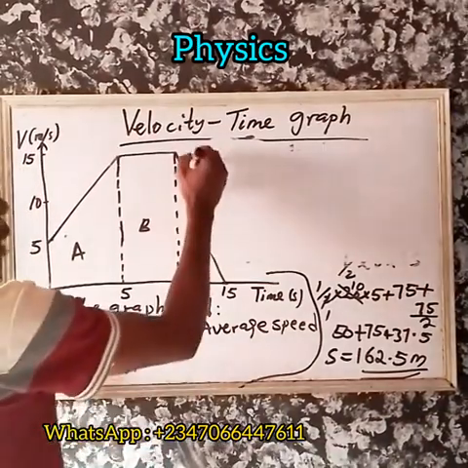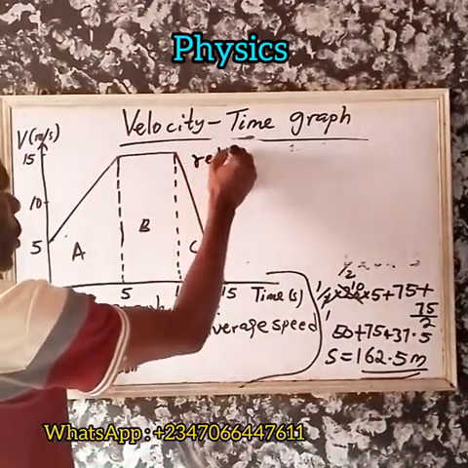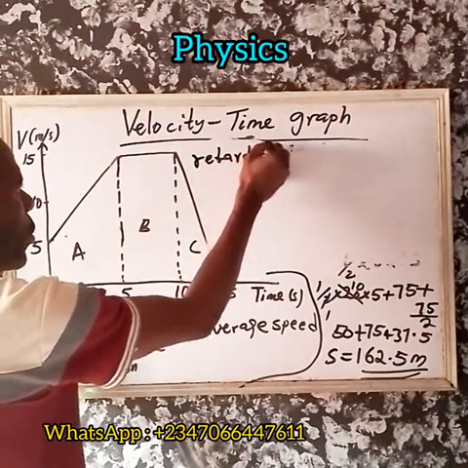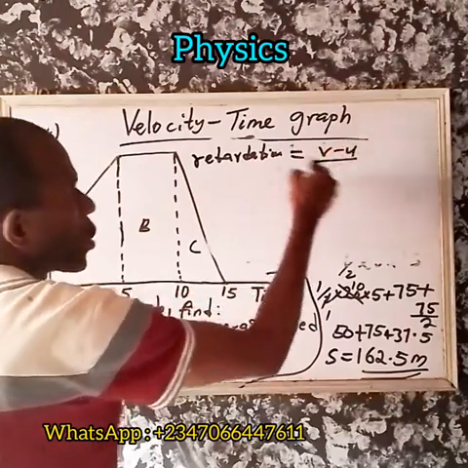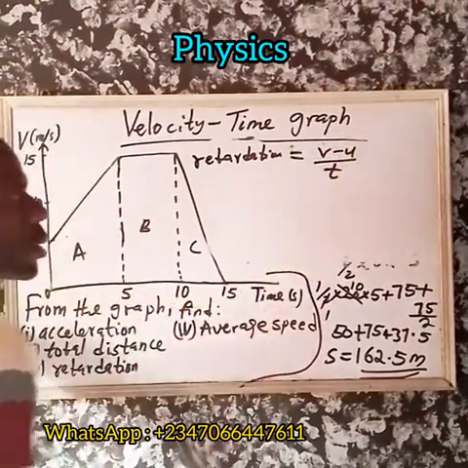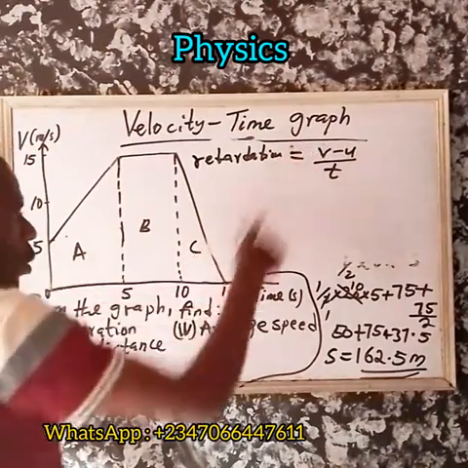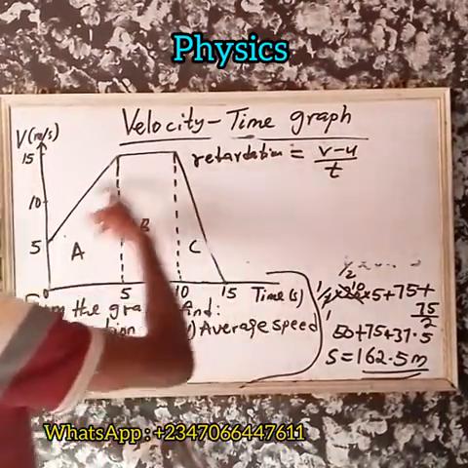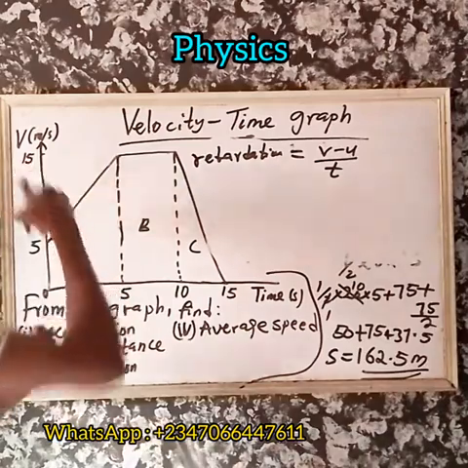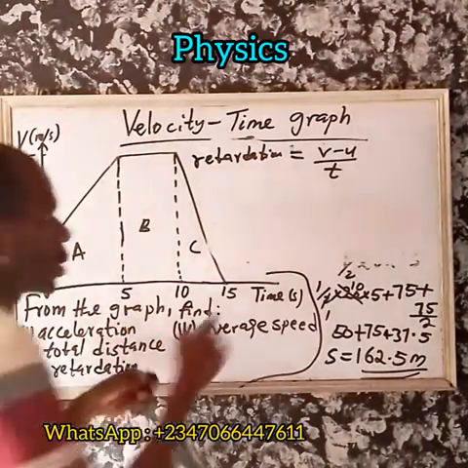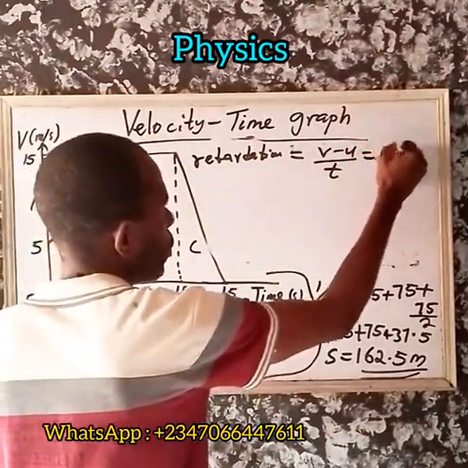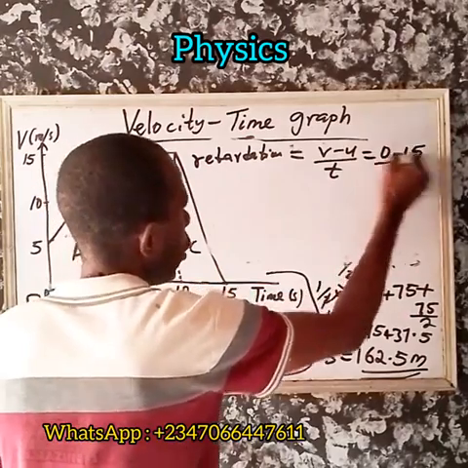So your retardation now is equal to, we should say v minus u, because it's still acting as acceleration, all over t. So at this point now, this v here becomes 0. This 15, which was originally the final velocity, has become the initial velocity, which now gives us 0 minus 15 all over